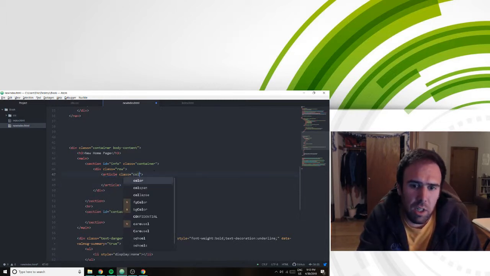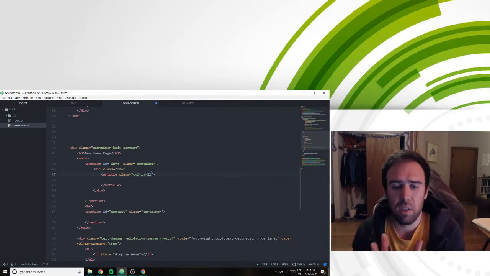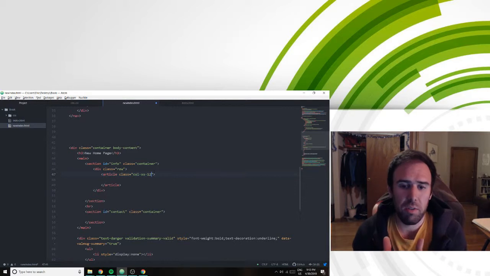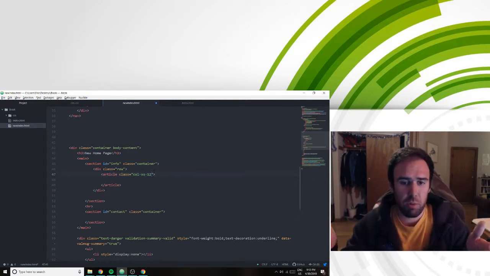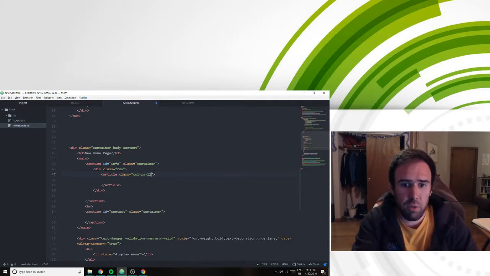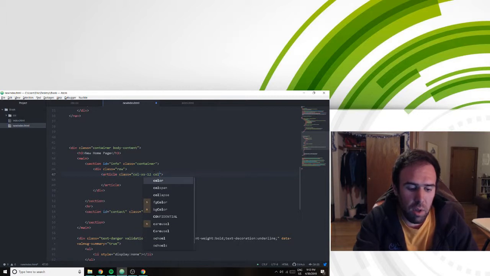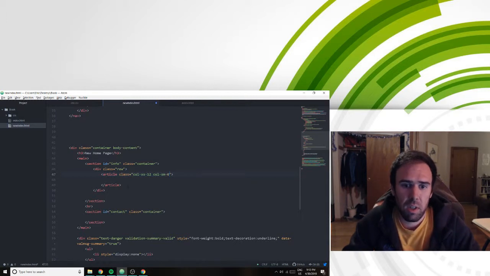Okay, so this is where we say col-xs, and then we say 12. So what this signifies is when we are on the smallest device, it's going to fill up the full 12 out of 12. In Bootstrap's grid system, it assumes everything's divisible by 12. So this is one way of saying full width. However, when the device that we're looking at is actually in a small range, we're saying we don't need to use all 12 of those boxes. We can just satisfy ourselves with 6. And